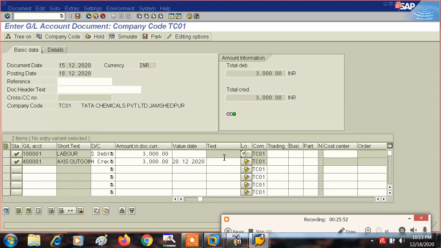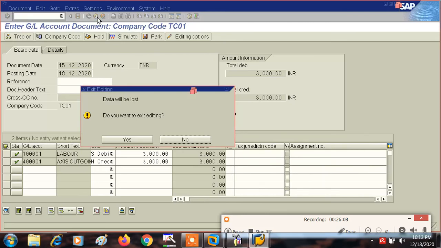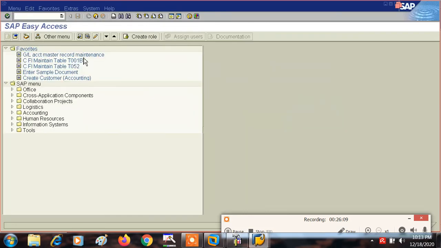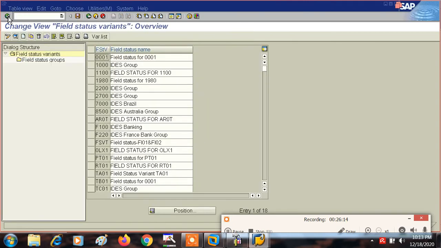So I have shown you how to control these fields as being suppressed, displayed, optional or required entry, right? And all these things we are doing with the help of field status variant, that is OBC4. So from where are we controlling all these?